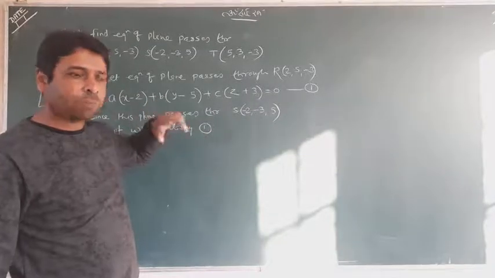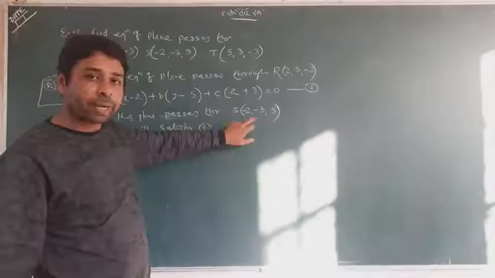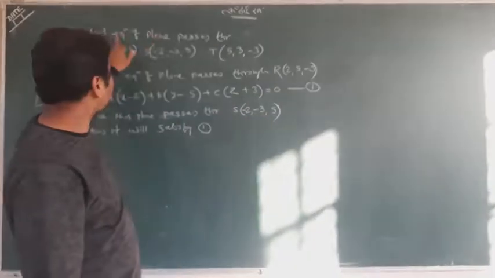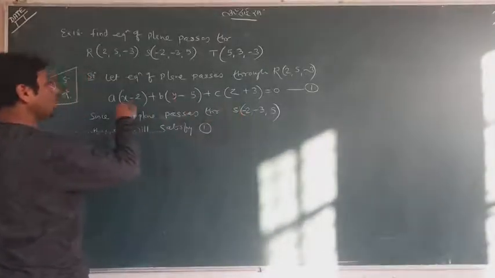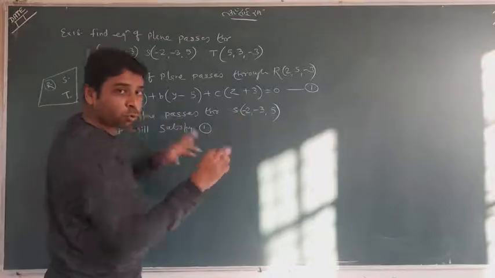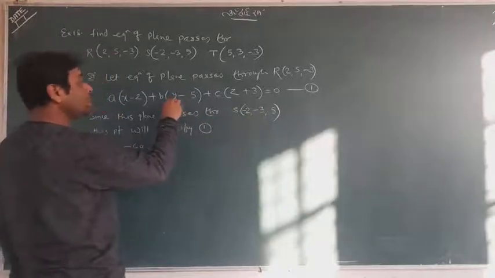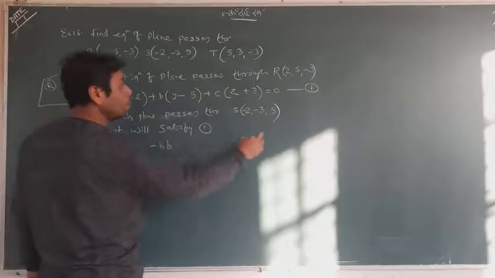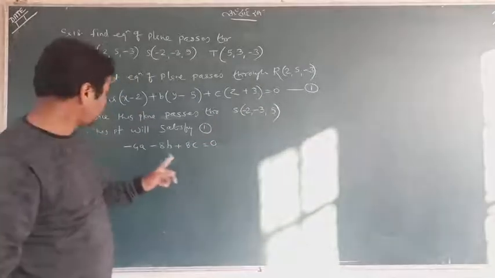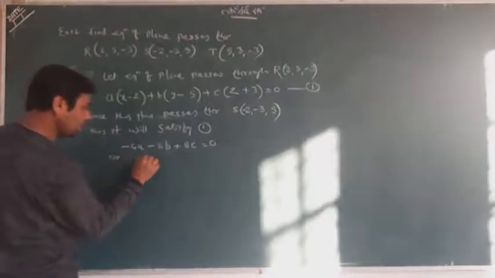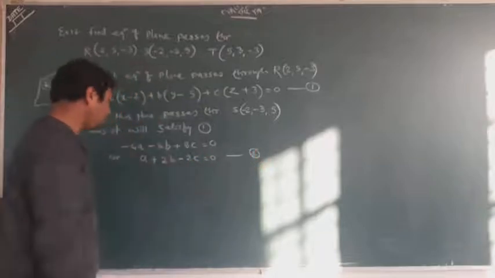Hope you can understand that. First choose one of the points and find the equation of the plane. This plane is passing through S, and this plane is passing through T, because we want to find the equation of the plane passing through all 3 points. So this point will satisfy this one. It means x is equal to minus 2, and you know how to substitute. Minus 2 minus 2 is minus 4a. Minus 3 minus 5 is minus 8. 5 plus 3 is 8. You can change this equation on your own. You can divide by minus 4, so this a, this is 2, this is 2. What I have done is divided by minus 4.